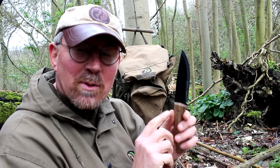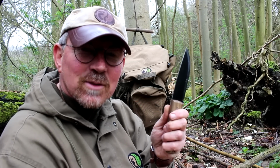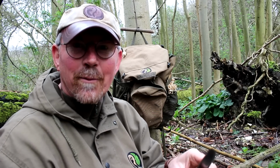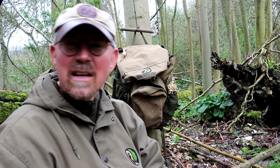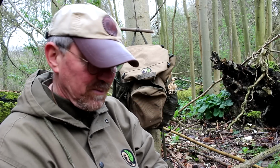So there you go, no problem on the old lighting up your ferro rod on the back of this blade. That 90-degree spine is very aggressive, and it does cast a very good shower of sparks. So for the next test, well, that was okay for getting your fire going, but what I thought I'd do is